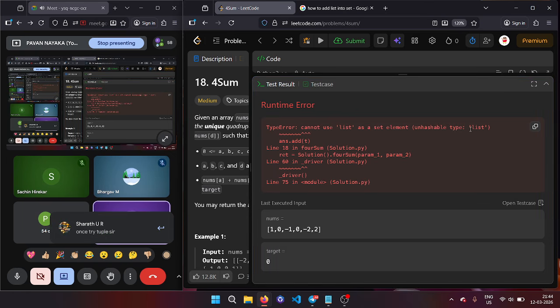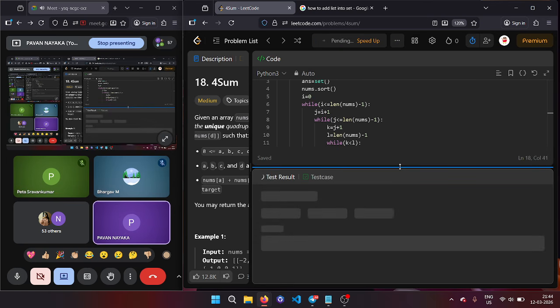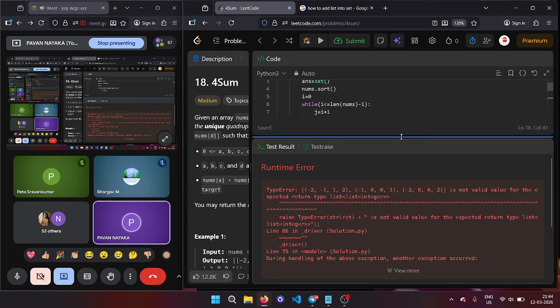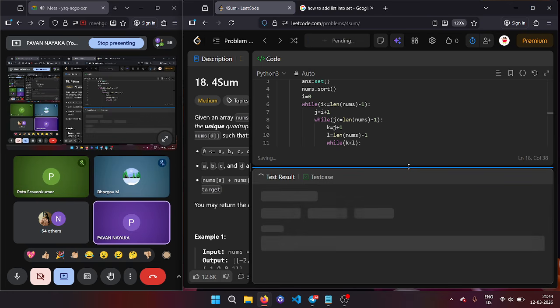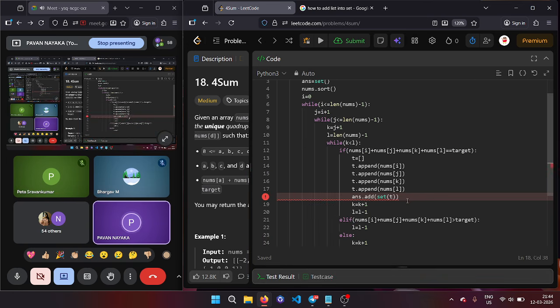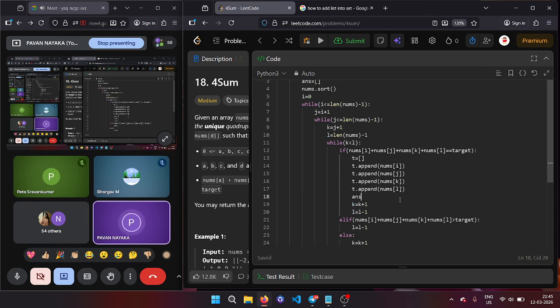Okay, list as a set element. So try a tuple. Okay, 1 second. I'll try tuple. Let me typecast it as tuple because my friend is telling me to. Let me check. This gave an even bigger error. Okay, no problem. Let me typecast it as set only. Okay, then guys, let's go with the in operator only. All this headache is not needed. Very simple. Let's do that one.